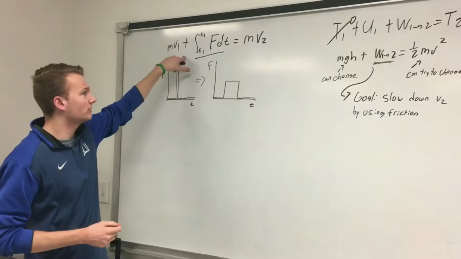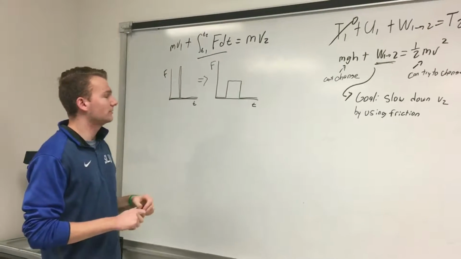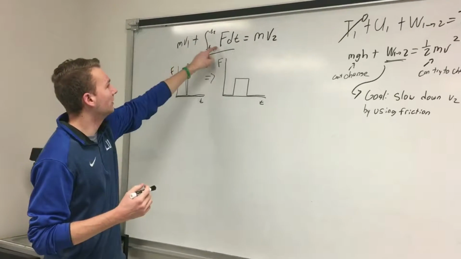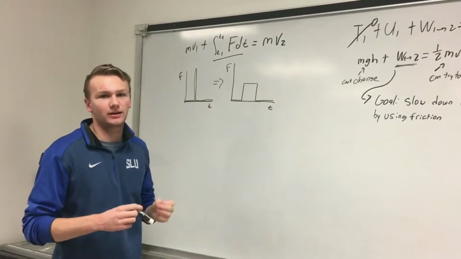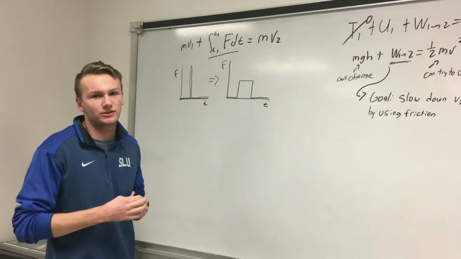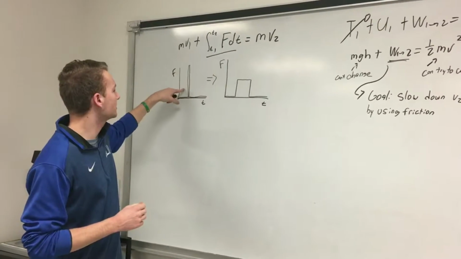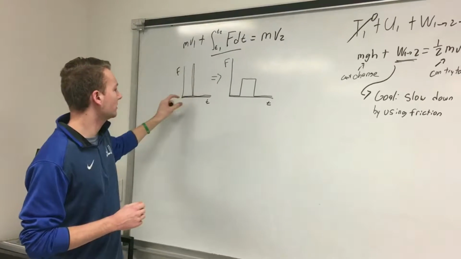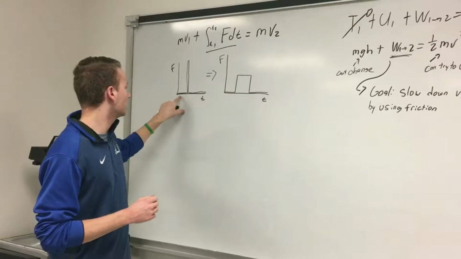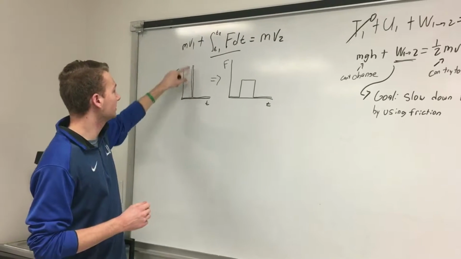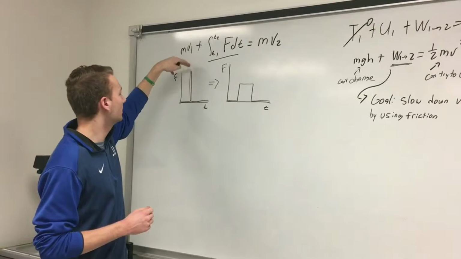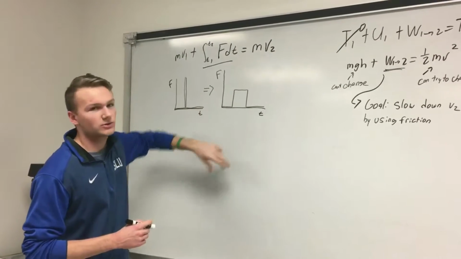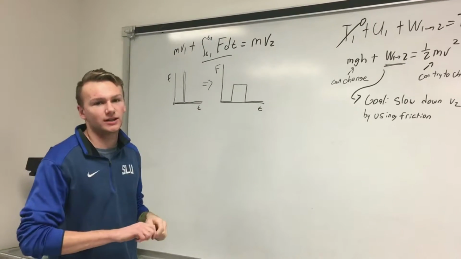So this is our conservation of momentum equation for linear momentum. What we're mostly concerned about in our problem with the sledding incident is the impulse, because the two momentums don't really matter if you're just trying to be safe and decrease your impulse. Impulse is the force per unit time. In a normal collision, this is kind of what it looks like, where you don't really have a force for a long period of time, and then when you have your collision, you have a great force, and then you go back down. So what we want to try to do is extend that force out so it's a lower force, but you feel it for a longer period of time.